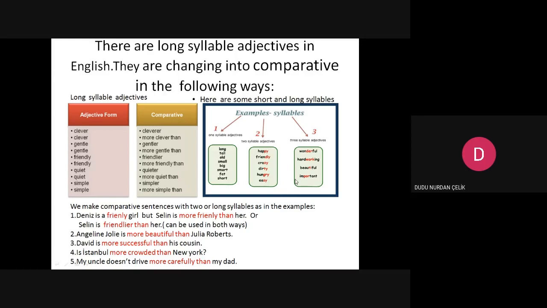Successful is also three syllable, so we say more successful. Istanbul is more crowded than New York. Crowded is three syllable, so we say more crowded. My uncle doesn't drive more carefully than my dad. Carefully, also long syllable, three syllables, so we use more.